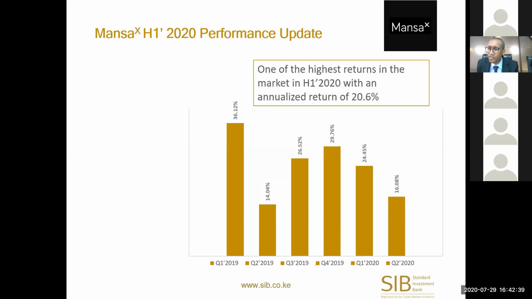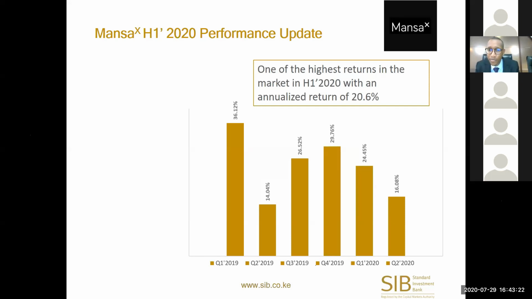It's a very difficult thing for me to answer because we do everything we can to protect our investor funds. We try everything we can to prevent any dent or a downside in the capital of our investors. But again, we trade in real markets, and we do not want to give the perception that we'll always give you a particular type of return. The only thing we can tell you is over time, historically, we have been able to give what you're seeing right there on your screen, which are returns that, like the first quarter of 2019, were very high at 36%. Then we've had quarter 2 2019 having as low as 14%.